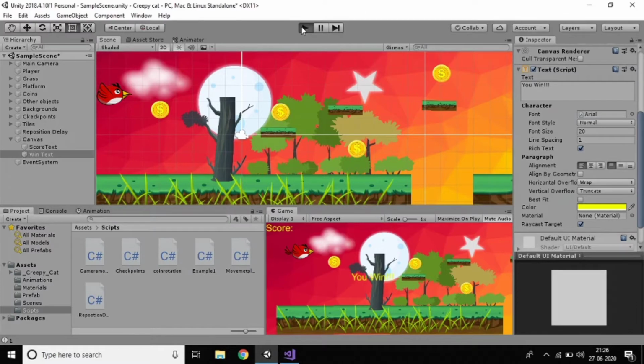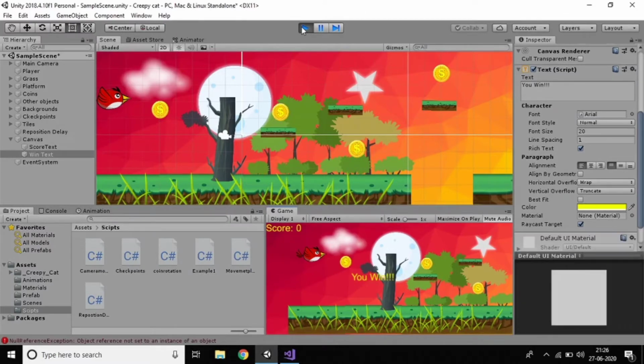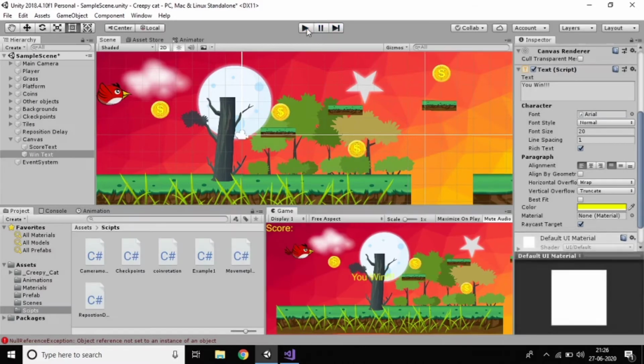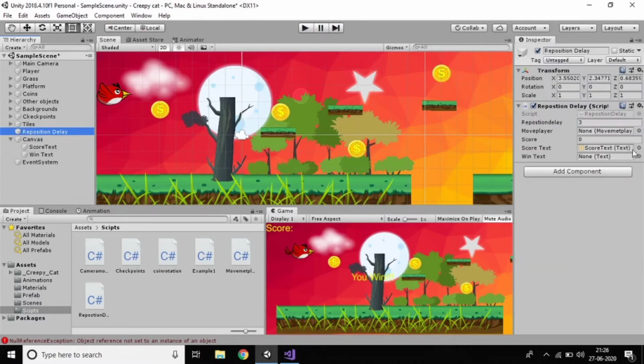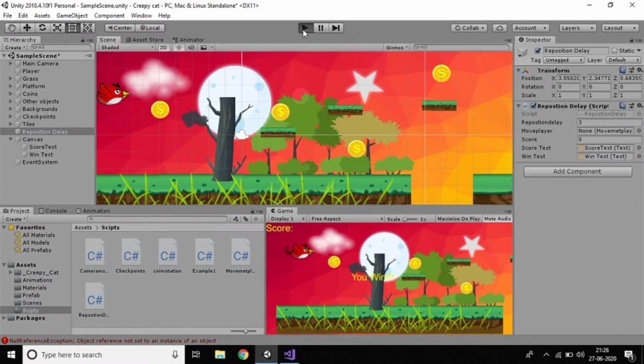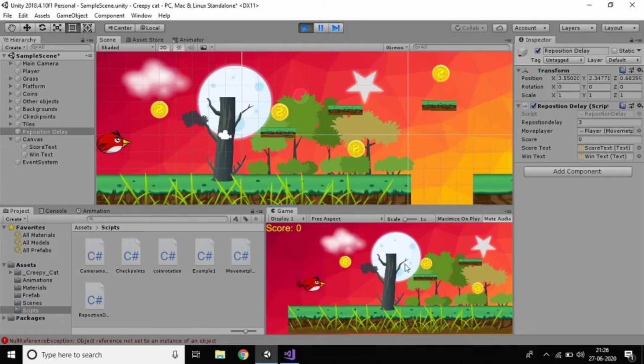Let's see whether it's working or not. It still was not empty, right? Because we didn't add our text component to our script. So open reposition delay, I didn't add it, just drag this one and drop here. Now you can see, did you observe that the win text was gone?